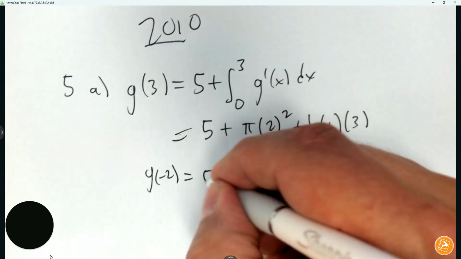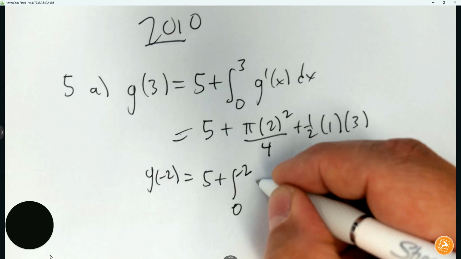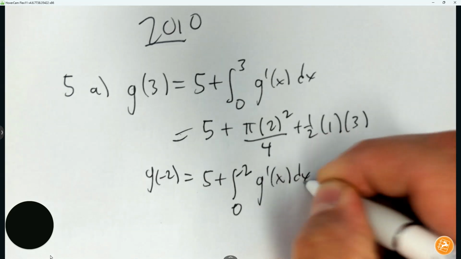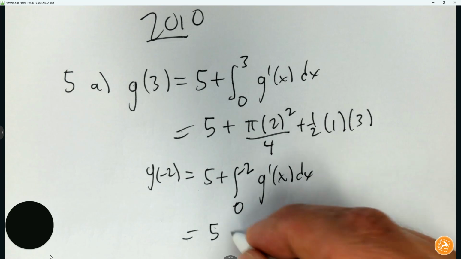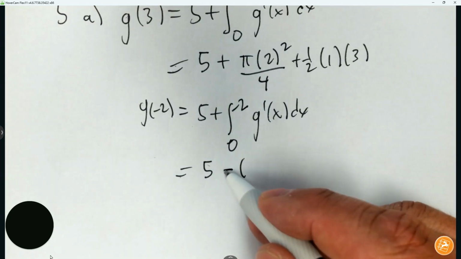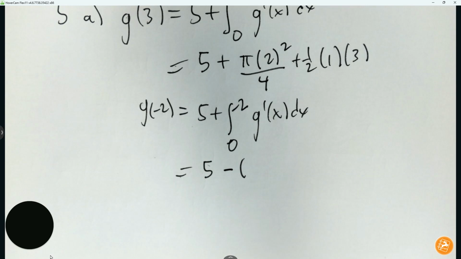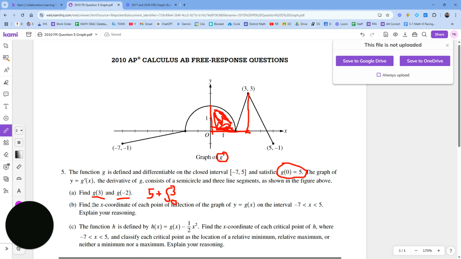For -2, same setup. 5 plus integrate from 0 to what I'm looking for, which is -2. And again, I'm going to integrate the derivative, which is find the area off the graph. So I do notice here the bottom bound is bigger than the top bound. So I'm going to start with the negative parentheses and just find the area I'm looking for to make it simple. So from 0 to -2,